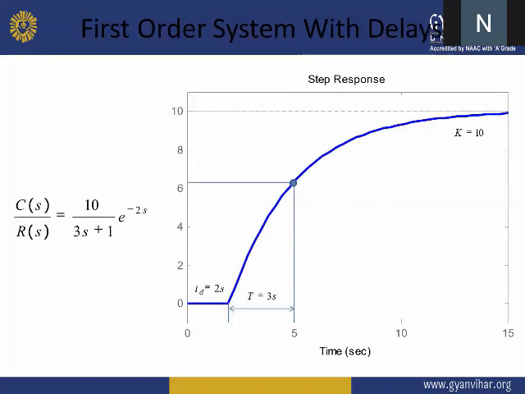Now look at this. This is the step response with the delays. For an example, let's say the transfer function is given by 10 upon (3s plus 1) into e to the power minus 2s. So when we plot this,